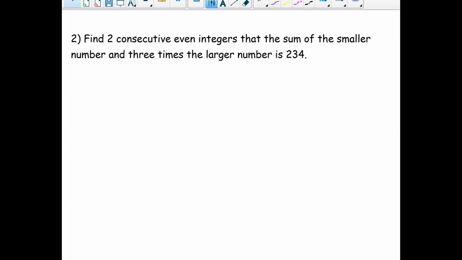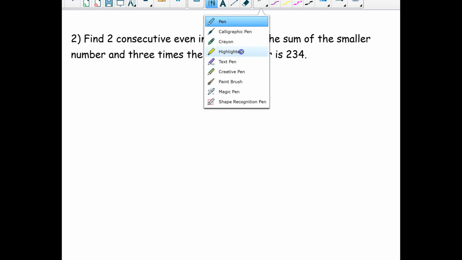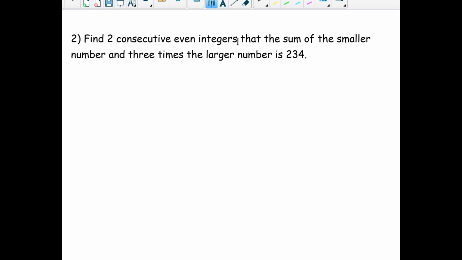Let's do one more example together. So here we have to find two consecutive even integers such that the sum of the smaller number and 3 times the larger number is 234. So this one has a little extra information that we need to highlight. So two consecutive even integers, and their sum of the smaller number and 3 times the larger number is